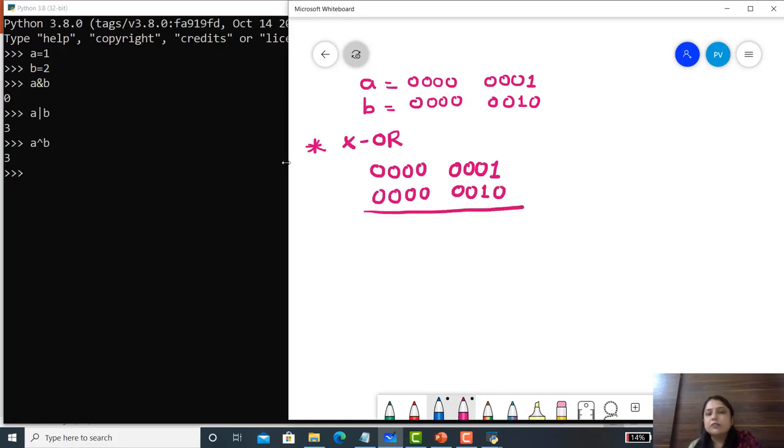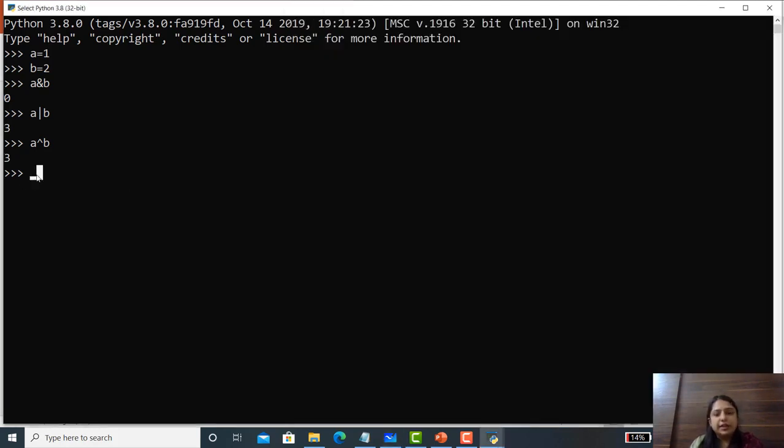In XOR, if the digits are not similar, it returns 1. 0 and 1 gives 1. If the digits are similar, it gives 0. Here also 0 0 0 and 0. If we convert this into decimal, we get 3.